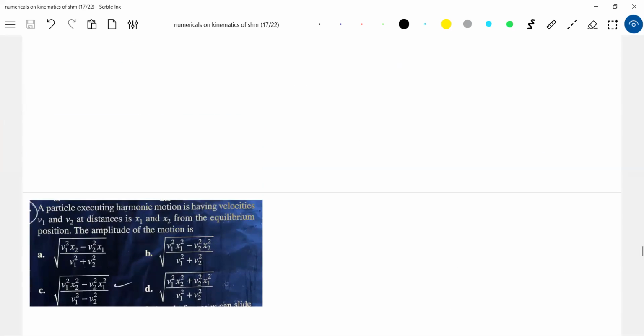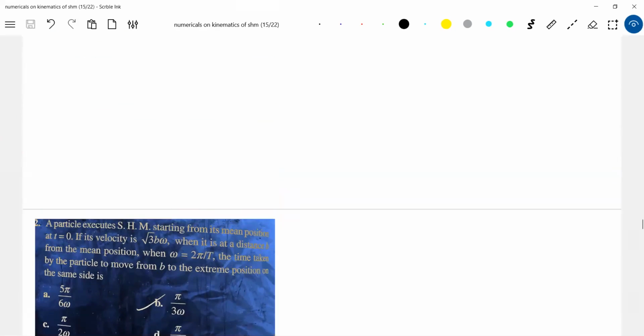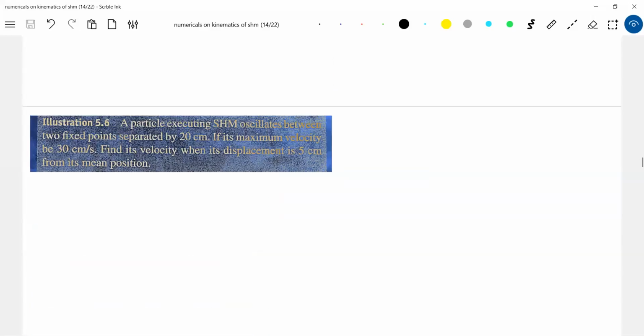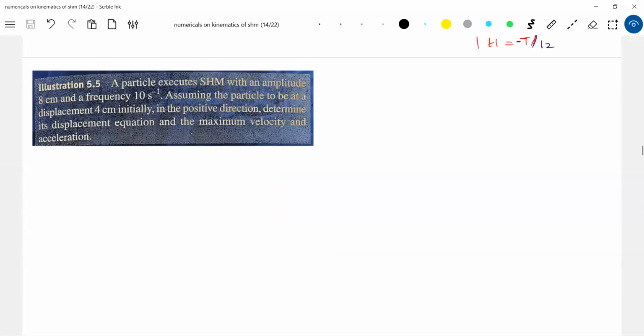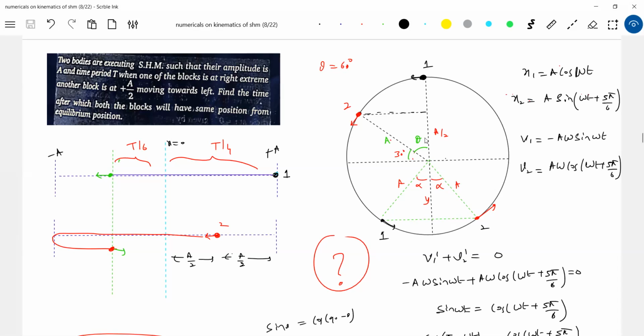Other questions are there. We will discuss kinematics of SHM on Friday. Let me focus more on the spring block system. I think this question is what we have to look at. Oh yeah, this one. Tomorrow, let me have just a small discussion on this. We'll see how we can bring that answer. Somewhere I'm missing mathematics. Okay, I'll end the class.